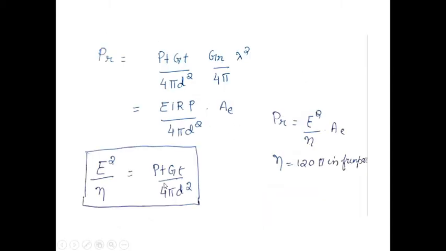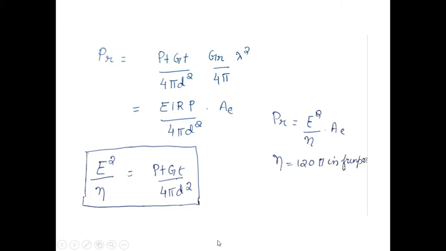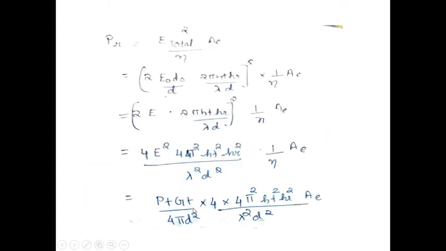Okay, in textbooks these results are directly written. That is, after deriving the electric field, the steps for the received power equation are not fully shown. So basically what they have used is this particular assumption. Instead of E square by eta, they have replaced it, from this equation, with Pt Gt by 4 pi d square. So you have to remember this substitution. Now coming to the received power, the received power will be E square AE by eta.